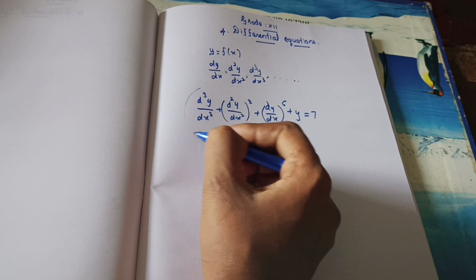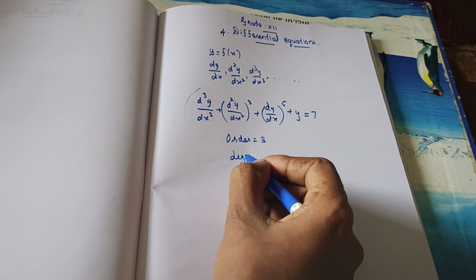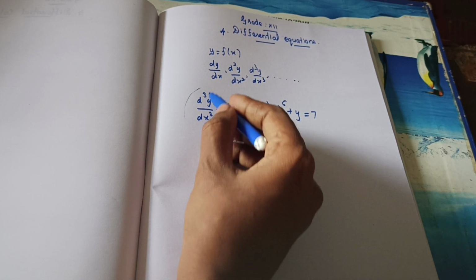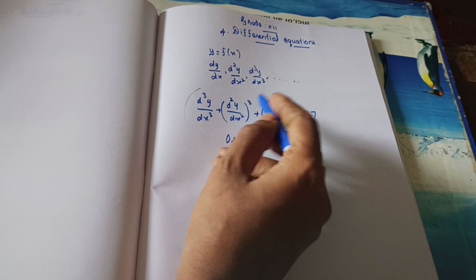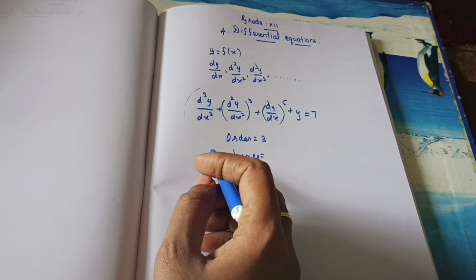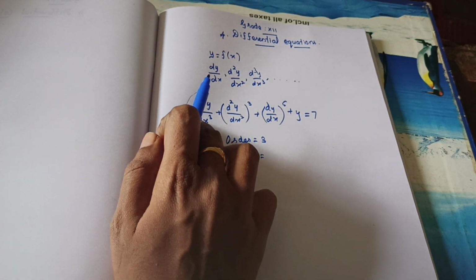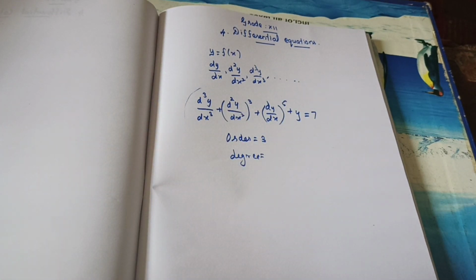Then the power of this highest order derivative is called the degree. What's the power here? 1, is it right? Whole power 1. Nothing is there means whole power 1. What's the power here? 3. What's the power? 5. Power here 5. Okay. So order means what? What is the highest order derivative present in the differential equation? Here the highest order present is d cube y by dx cube. It's the highest one, is it right? What's the order here? 3. So the degree means power.